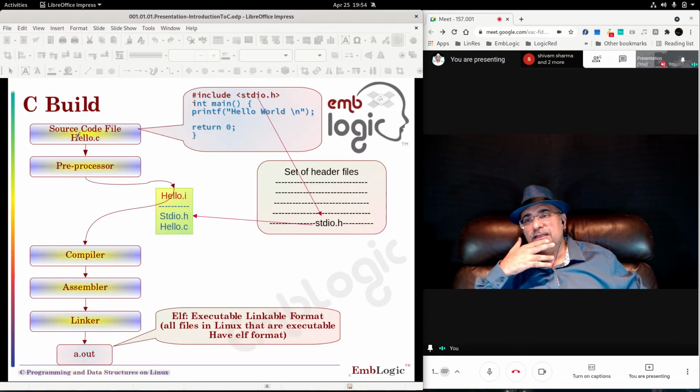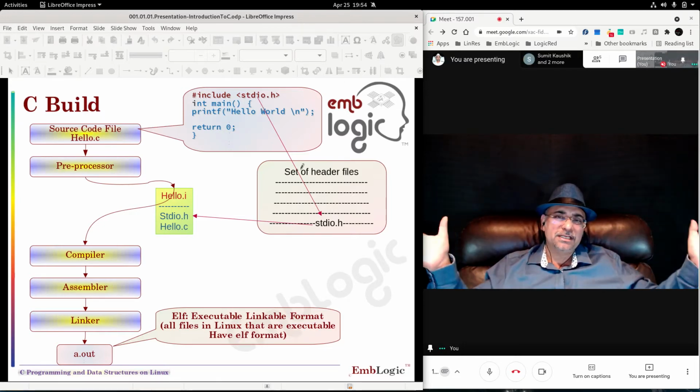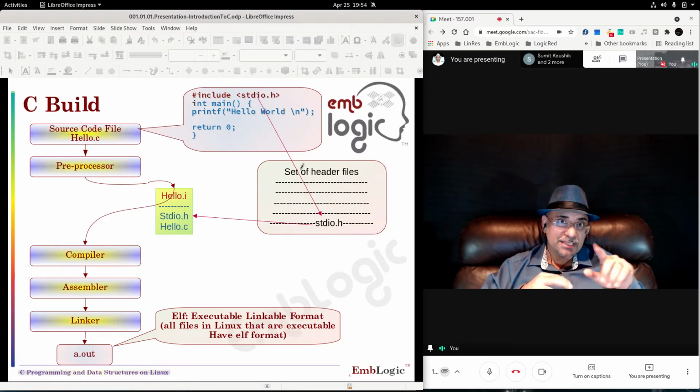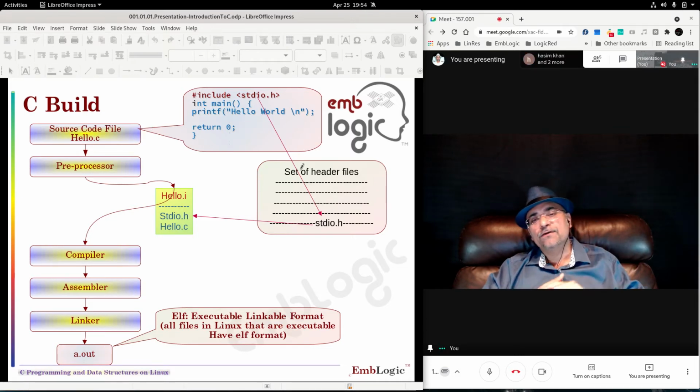The C source code file will be produced with stdio.h. There are a set of header files, many header files that are kept at /usr/include, I told you earlier. From there the stdio.h will be pulled into your program, and a hello.i program will be created, which will contain stdio.h and your hello.c both. Then after that,